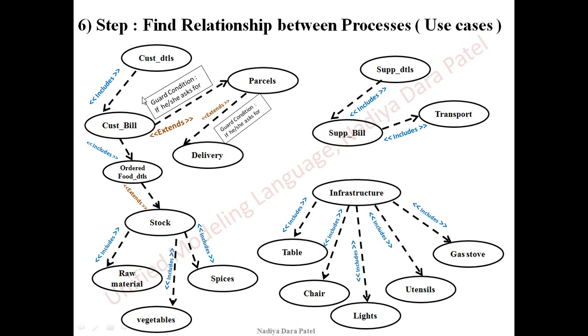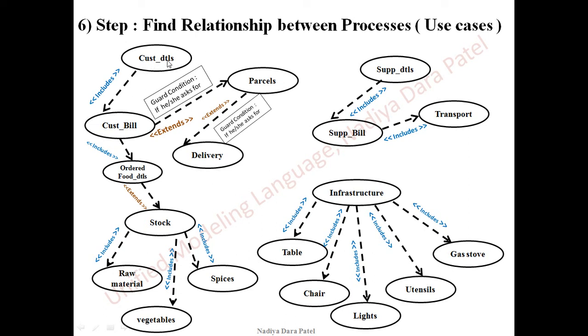Likewise, you can pick your use case, compare it with other use cases and find a diagram. I have already given you the definition, working and example of includes, extends and generalization relationships. Includes is something which is going to be inside. Extends is when you have a condition. So customer details are included in customer's bill. While drawing the diagram, do not forget that in generalization we place our arrowhead at the parent. In includes and extends, we place our arrowhead at the child and the line starts from the parent.